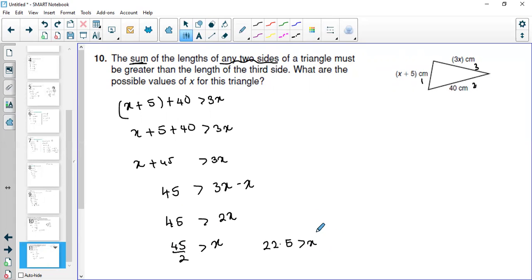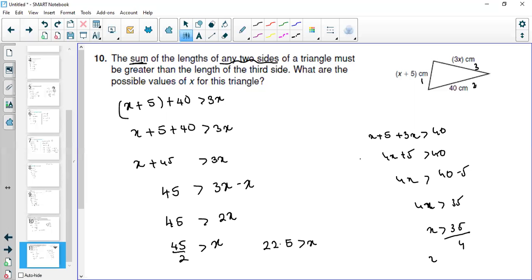Okay, so it can be any values. So the possibilities of x can be any value which is, now if I flip this, right, it will be x is less than 22.5. So this is how you need to do it. So hopefully you have understood this part. Now this is problem solving. Definitely you need to do it for practice, as it will help you understand the different techniques